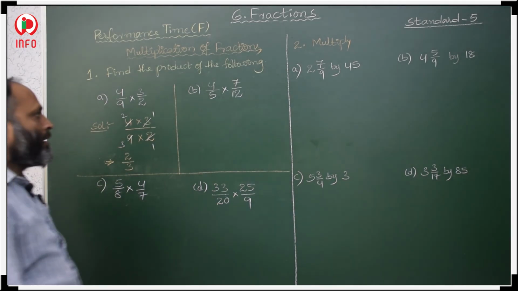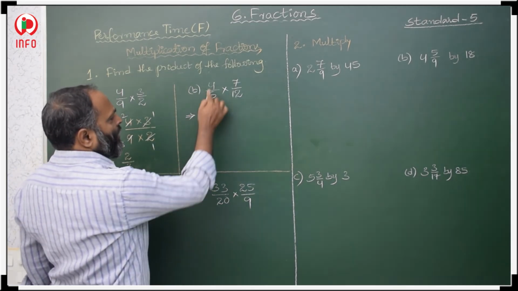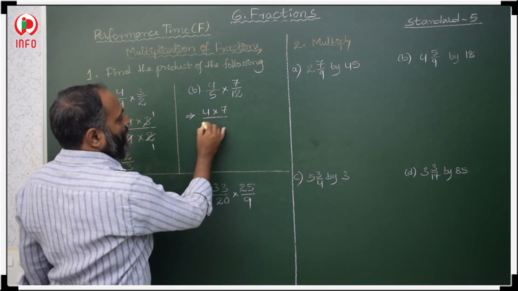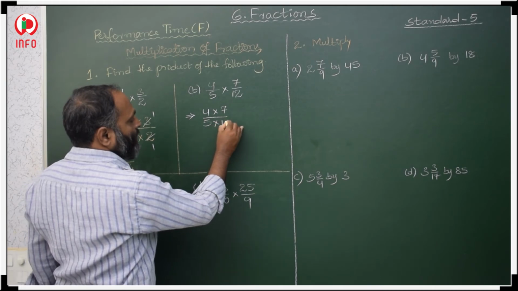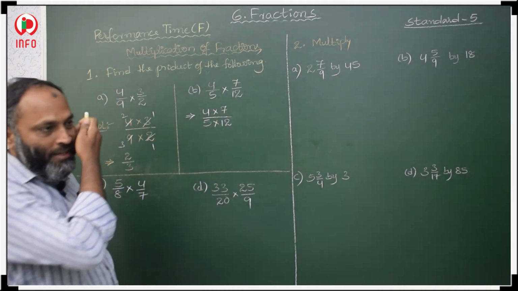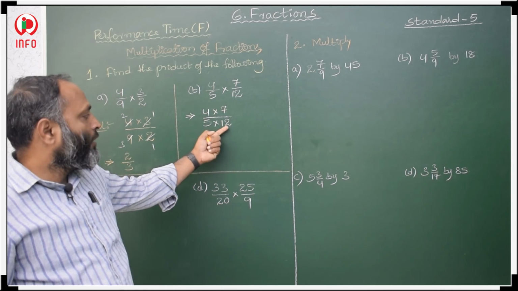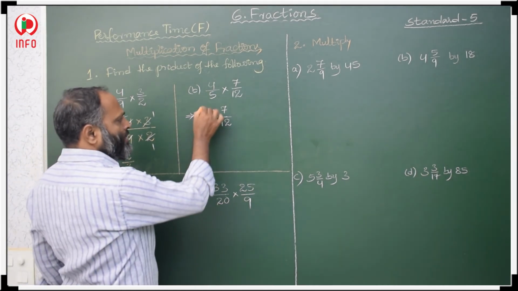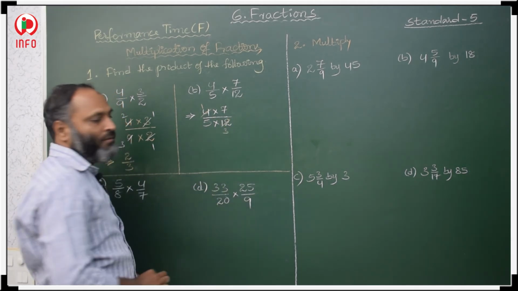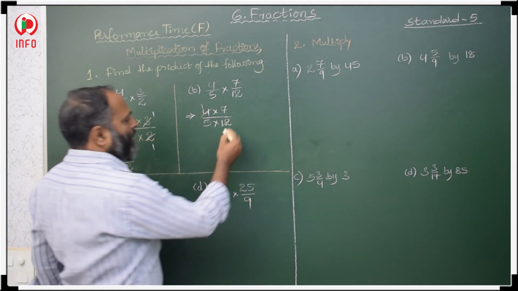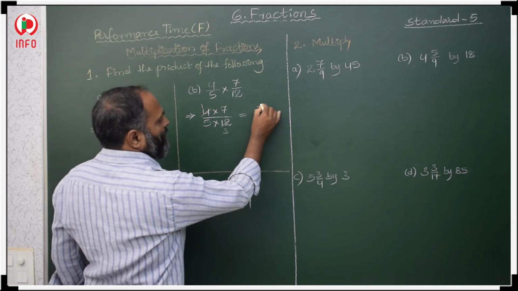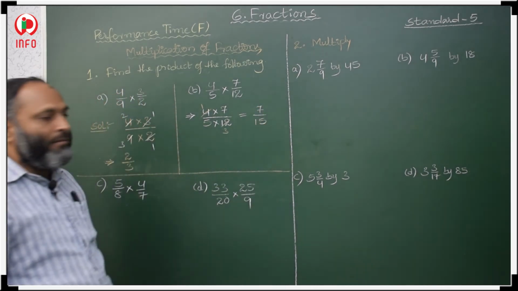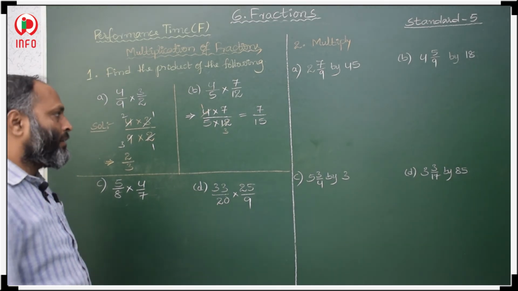Okay. So, here first we have to multiply numerators 4 into 7 by denominators 5 into 12. Now, check numerators and denominators. So, numerator 4 and denominator 12 have common factor 4. 4 1s are 4, 4 3s are 12. Then after that, 1 7s are 7 by 5 3s are 15, 7 by 15 is the